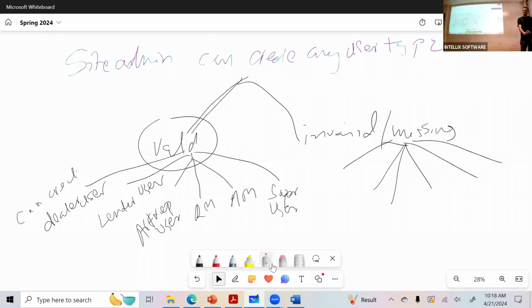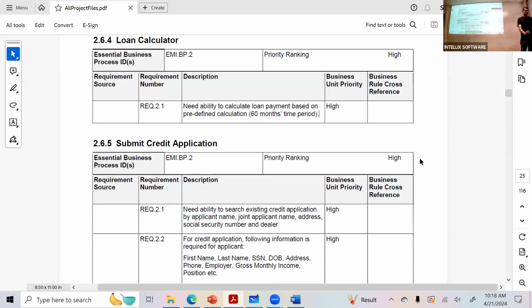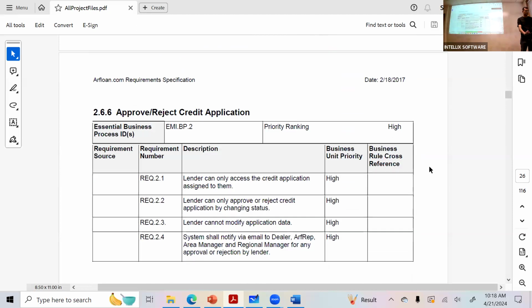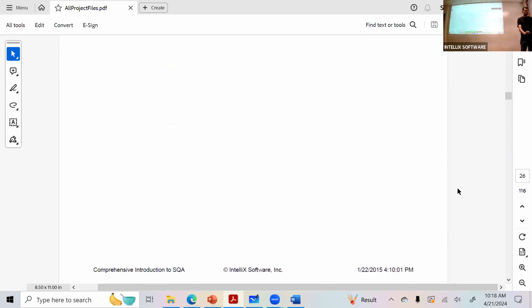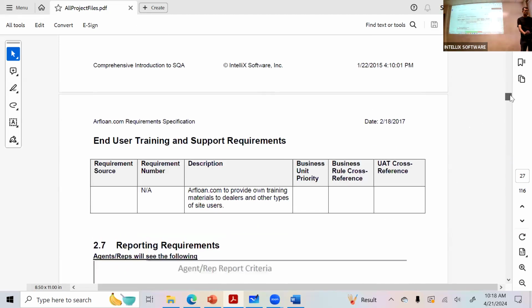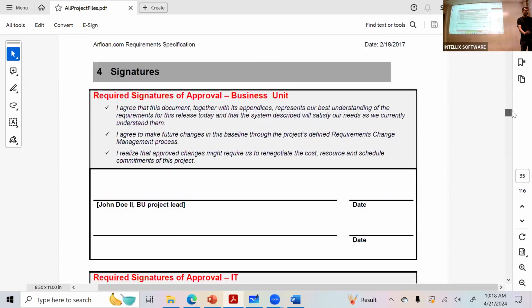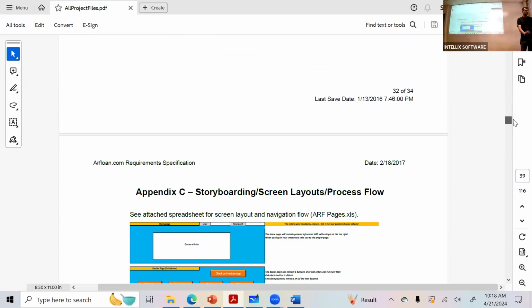Anybody? Any thoughts? You read through the documents? Where, when you say it, right, now you were talking about consistent, complete and correct, right? So what makes it complete?